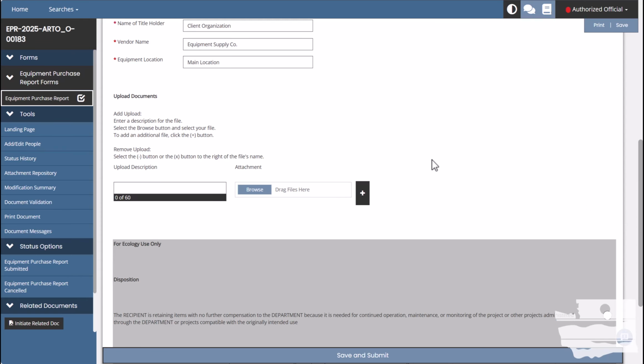There is an option here for upload documents. This is where I would be able to upload documents associated with the purchase, like rent, purchase analysis, inventory records, proof of receipt, like delivery confirmation, signed bill of sale, or photographs of the equipment once it is on site. Going further down,